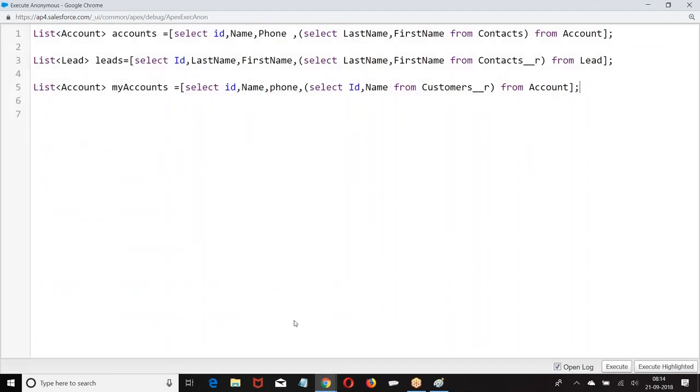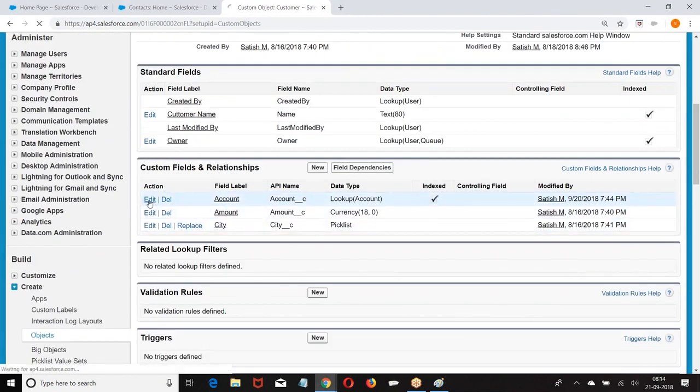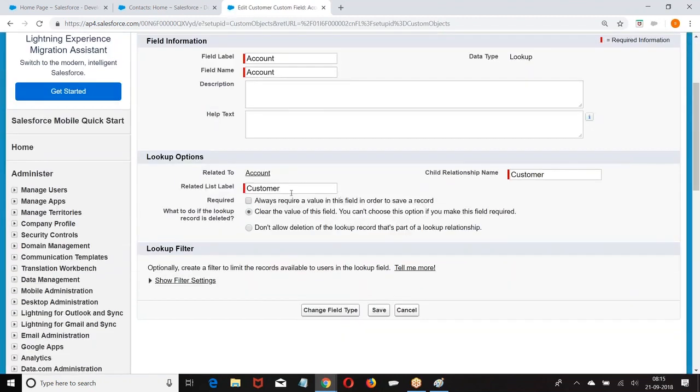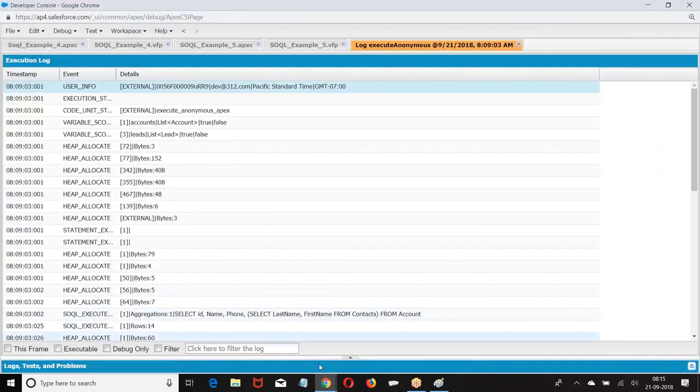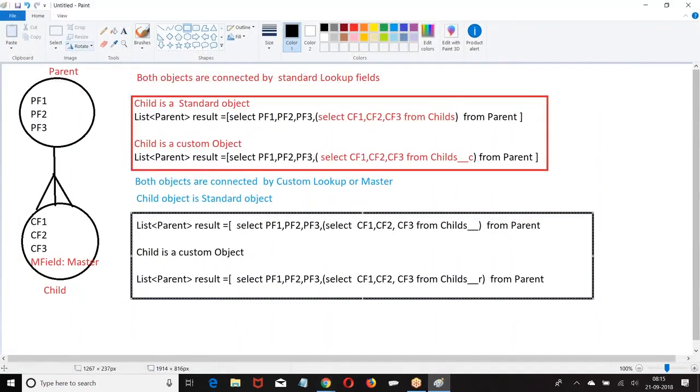What was that relation again? Now what was underscore underscore R? Underscore underscore R. If it is a custom, underscore underscore R. If it is a standard, yes. Right. Let me revise this point one more time clearly.